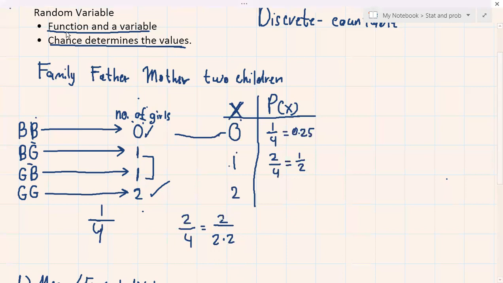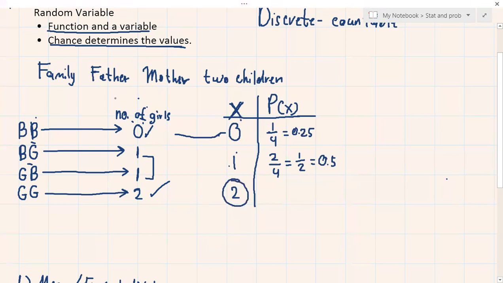Wait lang, burahin ko lang to. Basic lang to, guys. But if you don't know the basics, I highly recommend you to review the basics. All right. So now going back, 1/2 is exactly 0.5. Okay. Now let's go back dito sa first column. Ngayon sa 2, ilan si 2 dito sa list of values? Di ba isa lang? Isa lang siya. So that means there are 1 out of 4 possible outcomes na magiging dalawang babae ang children nila. Okay? So this is exactly 0.25.